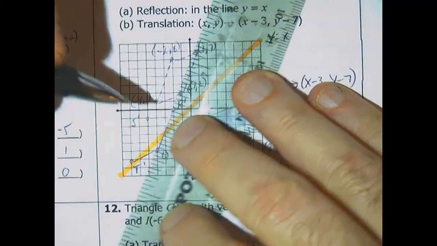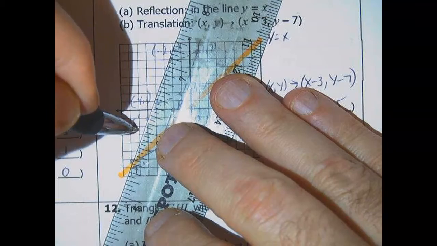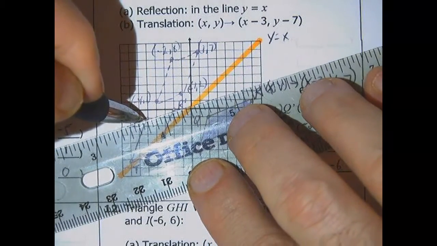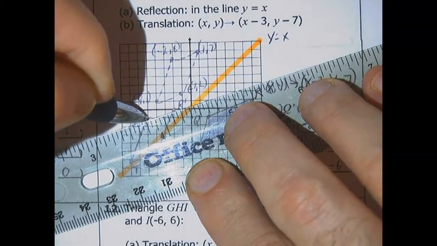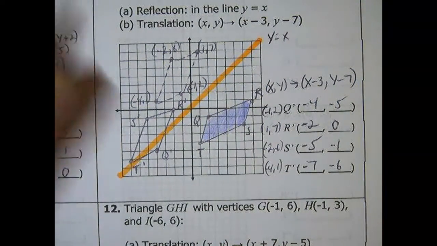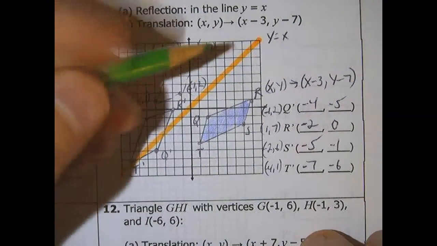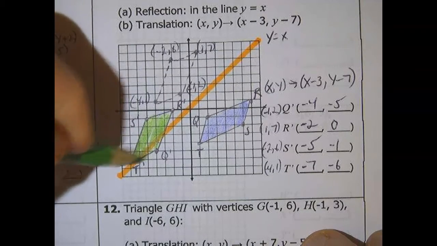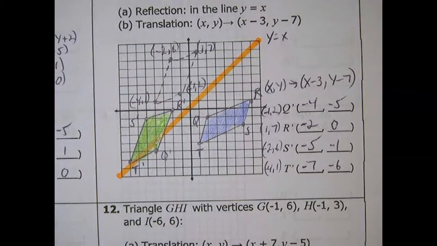Hopefully this looks like the same parallelogram. They always should look the same. As long as all that we're doing is reflecting, translating, eventually rotating, as long as that's all we're doing, we should never be changing the shape of the figure. So what I mean by that is, if I were to take some tracing paper, and I had some here,